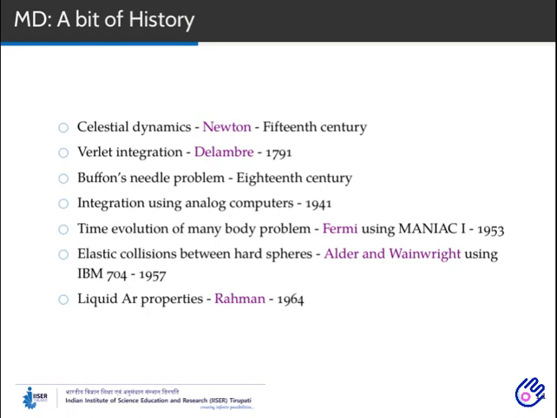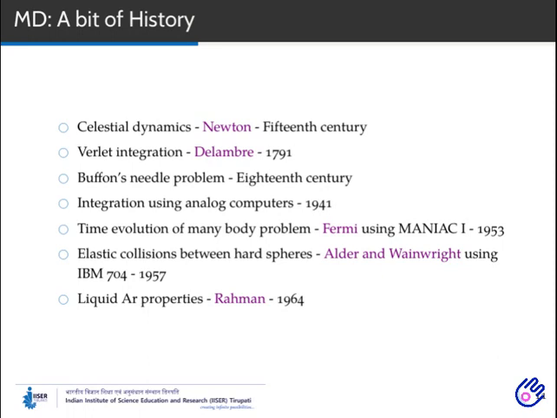By this time, you may understand that it has deep roots that extend to the 17th century. Even though Newton developed the model for celestial objects, he inspired the entire scientific community for the next 400 years. Based on Newtonian mechanics, D'Alembert in the 18th century developed a method to calculate trajectories of objects, which was rediscovered by Verlet in the 1960s to use in molecular dynamics. One important achievement was the development of the Monte Carlo method, which was actually developed to address Buffon's needle problem.